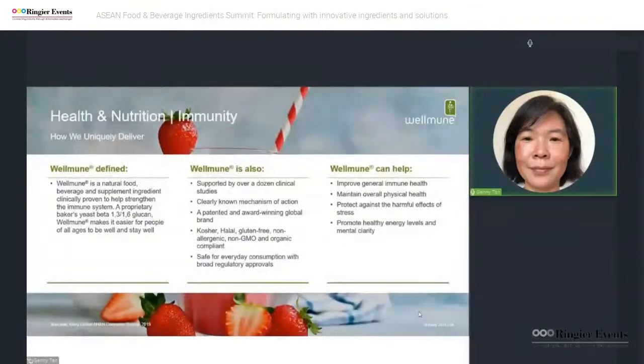Wellmune is defined as a natural food, beverage, and supplement ingredient clinically proven to help strengthen the immune system. Wellmune is extracted from the cell wall of baker's yeast called Saccharomyces cerevisiae. Kerry is using a proprietary strain as well as a proprietary process to ensure that we deliver batch by batch consistent quality, and most importantly, we deliver batch by batch the same quality as what was used in the